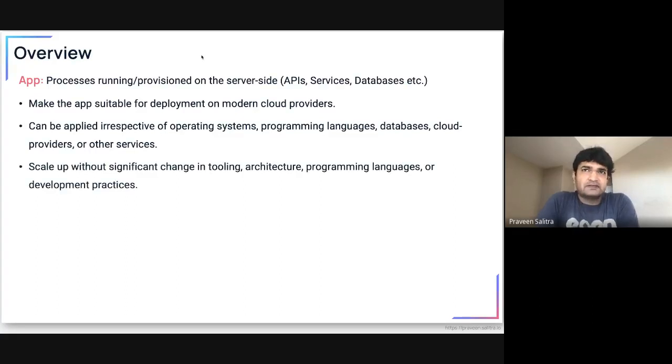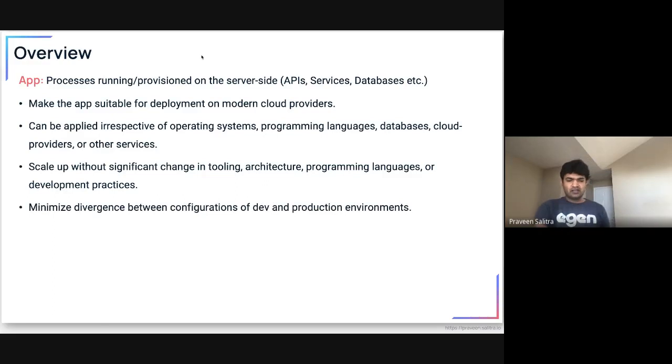The other thing is, these principles are not tied to a single tool. You will see a lot of examples where there are some open source tools that we mostly prefer, but there are also managed cloud services that you would want to use. And then, as the last resort, you want to roll out your own. So that's the thing.